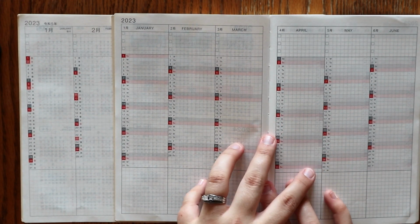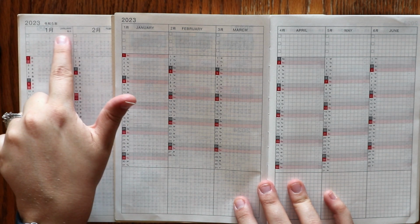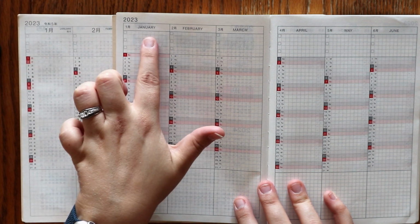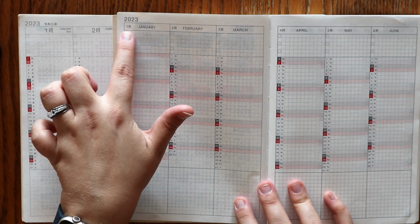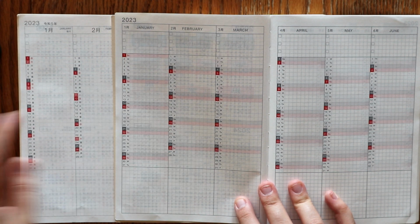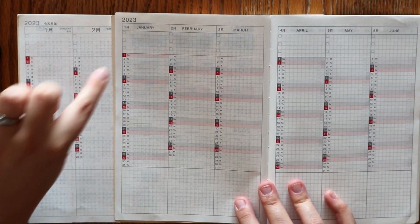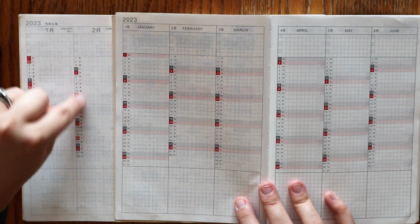Here we have the yearly index pages, and you can see that in the Japanese version, the English month is very small in the corner. So we have January up here, and then a big number 1 with the Japanese character. It is flipped in the English version, and the English is large, and then the month number and the Japanese character are smaller. The layout is the same though, as far as the 3 boxes at the top. You have 1 grid per day. Of course, you do have the abbreviations for the days of the week in English instead of the Japanese characters,